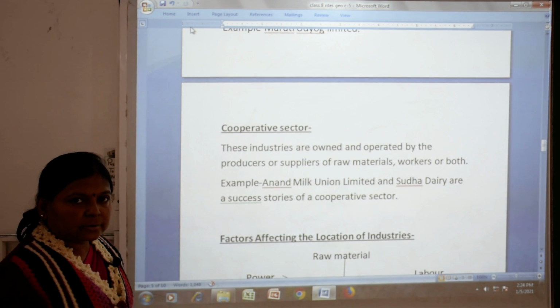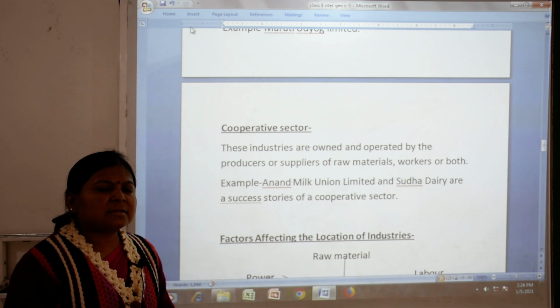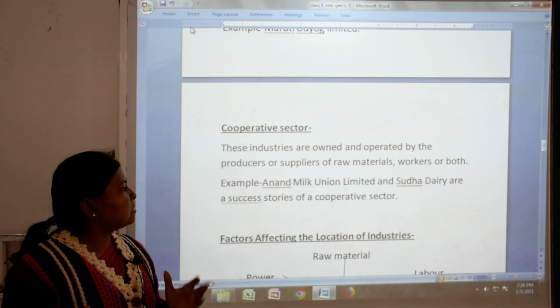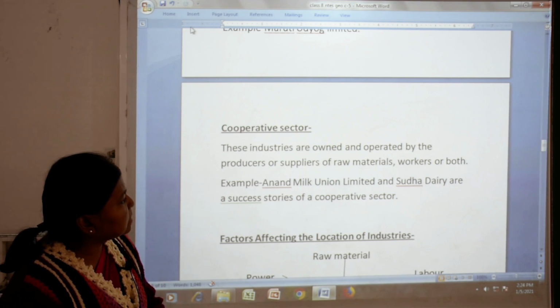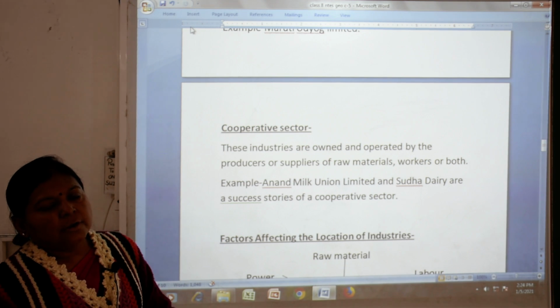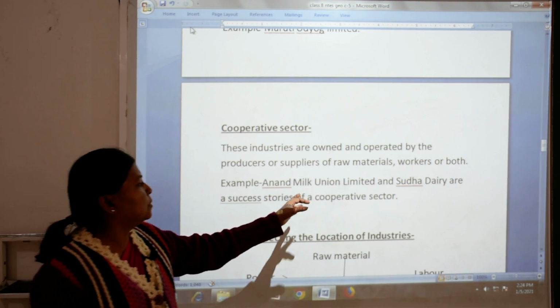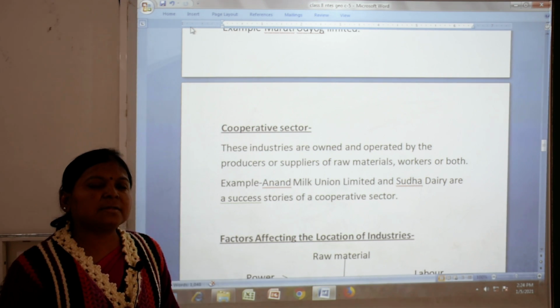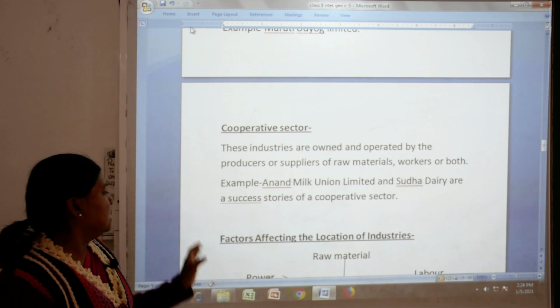Next, cooperative sector means these industries are owned and operated by producers or suppliers of the raw materials, workers or both, who join together and do the work. For example, Anand Milk Union Limited and Sudha Dairy are the success stories of cooperative sectors. Now,